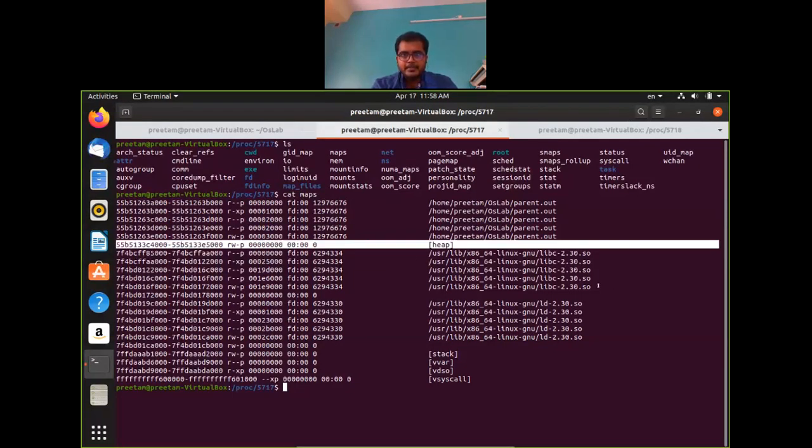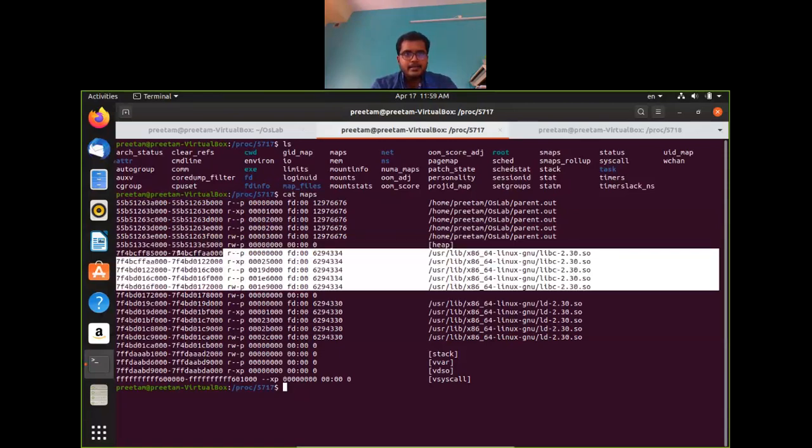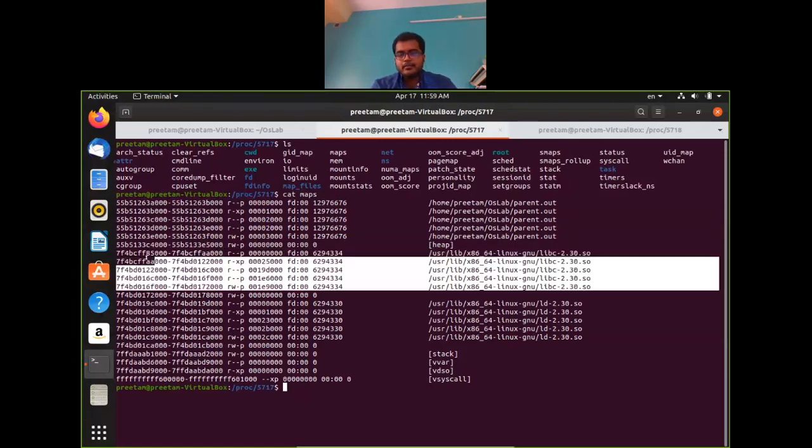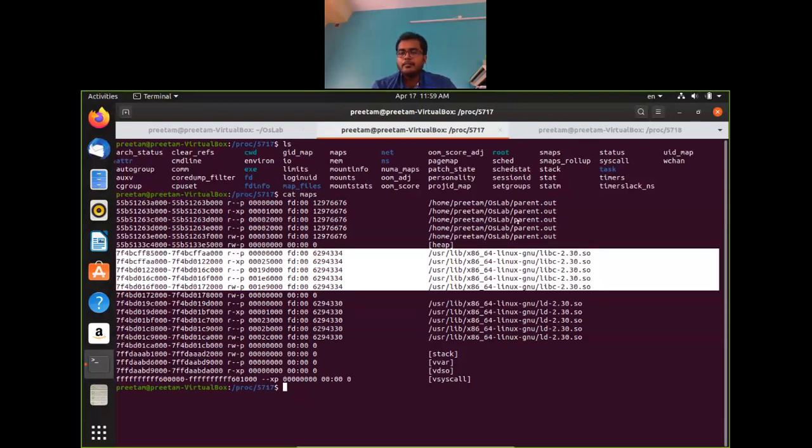Now if you look at this, it is libc, meaning the C library. In that parent program, we have included some header files, because we are using those libraries in our code. So in this memory space, we basically have these library files, the functions written over there.